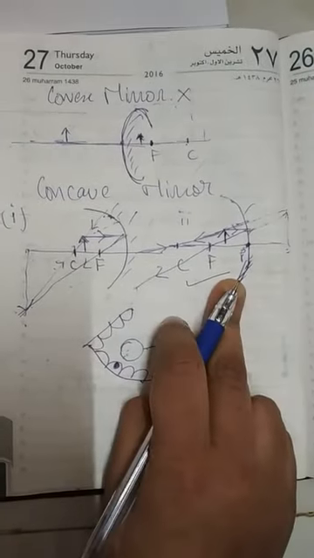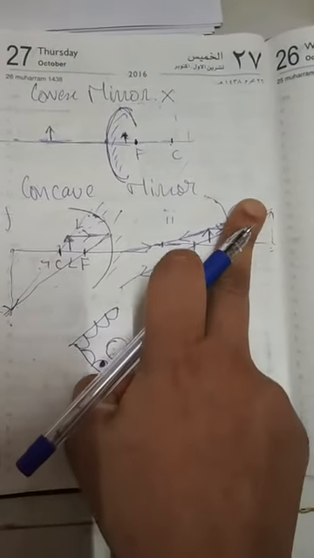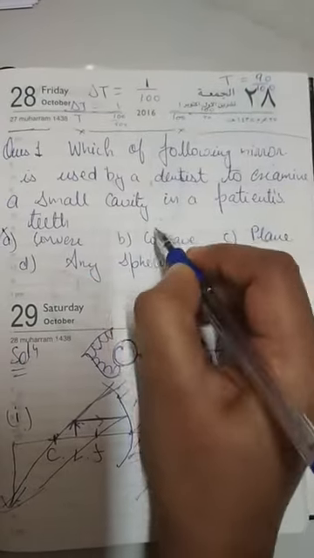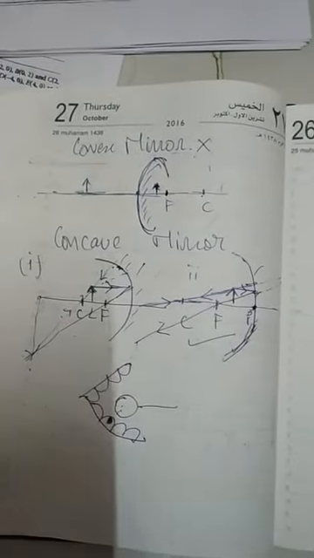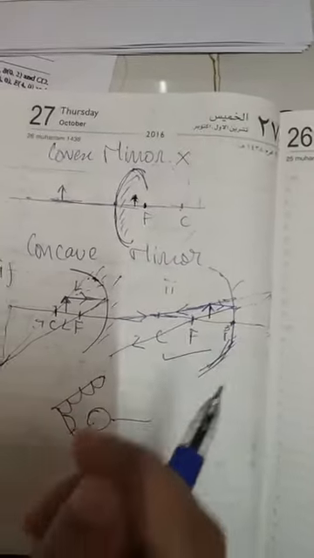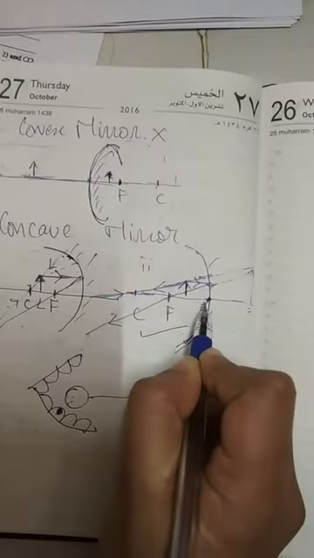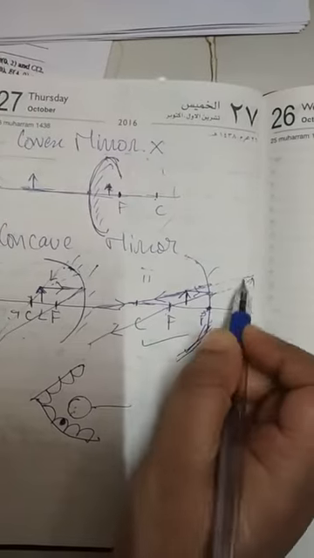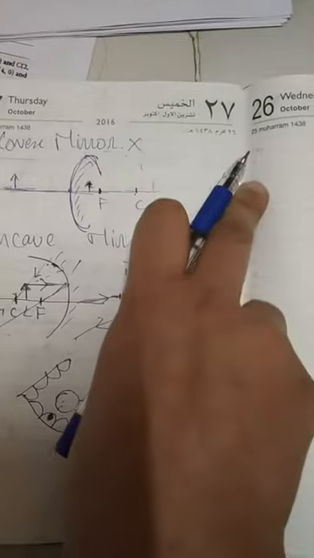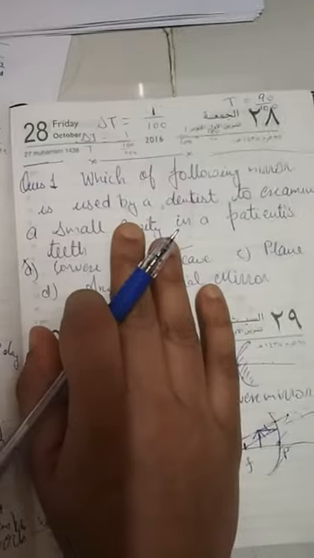So the concave mirror produces a virtual, erect and enlarged image. In the question they have only asked which of the following is correct: convex, concave. So of course concave is the correct option, no doubt. But if they have given you two figures for concave, this figure is correct because the object is very close to the mirror, between pole and focus, so it is producing a virtual, erect and enlarged image. Hope you understood this question well.